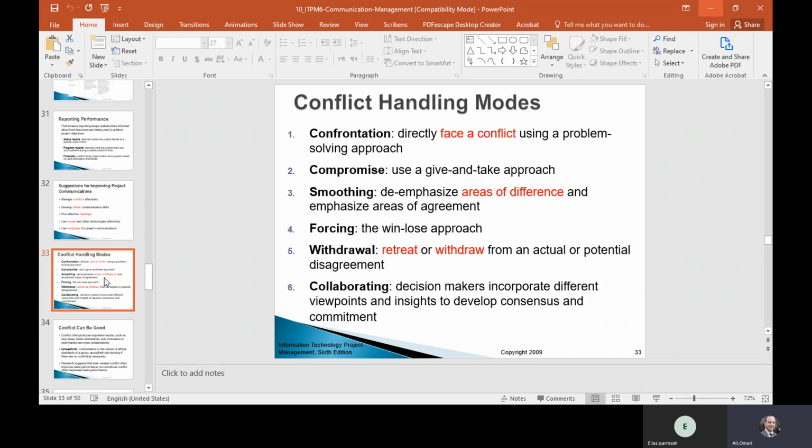Collaboration, where you use a decision maker to incorporate different points of view that are related to that project. And sometimes it depends on the person which mode you will have to approach, and also you can use these modes in your personal method and based on the people that you have conflict with.